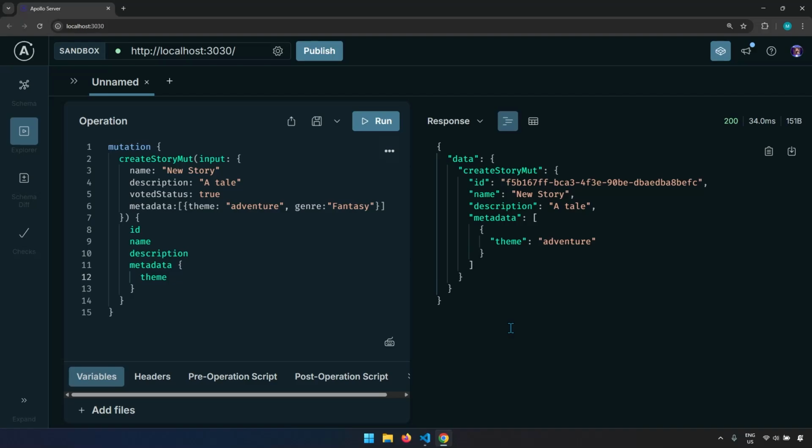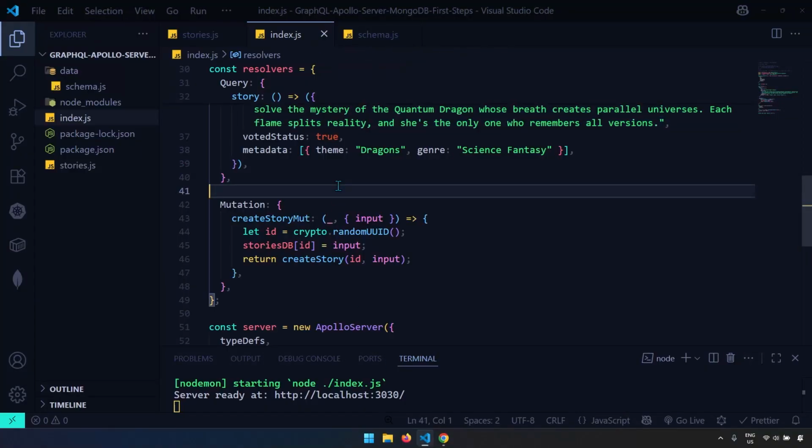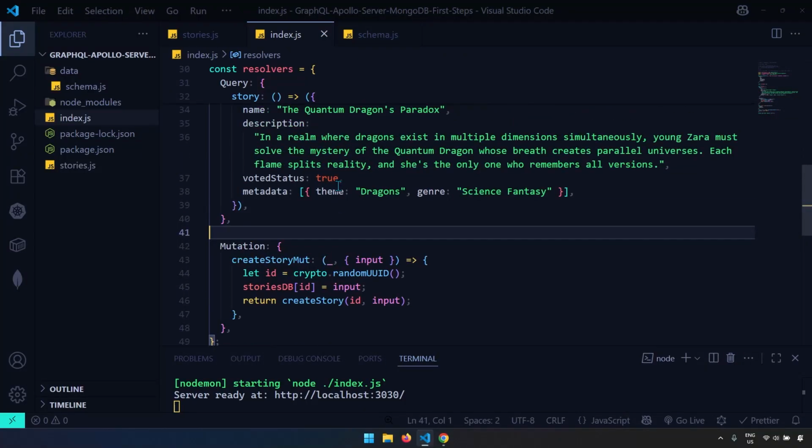And you can specify, okay, I want this and just give me this, and I want to create this. All right, and I hope all of this has been clear so far. I tried to explain it in the simplest manner possible. So let's go ahead and move on and see how we can actually organize our code